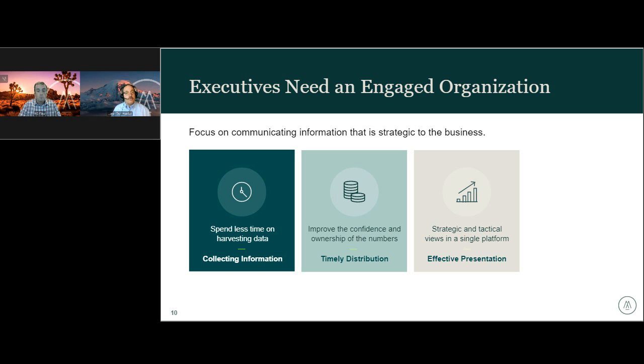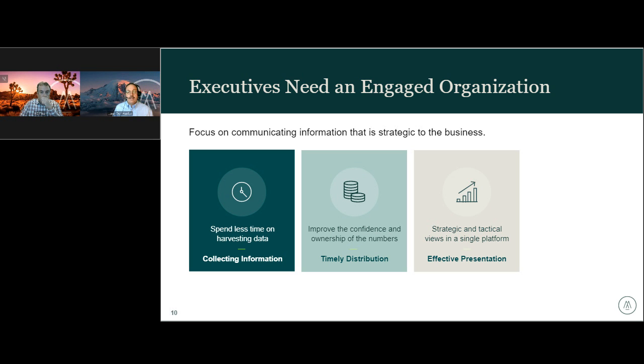So, again, it starts with collecting the information in the first place. And many times that's the easiest place to automate: put in the effort to get the data and make it truly accessible to people so they can easily get to that. It's amazing how much time that saves and what a barrier to engagement that can be. And then distribution is kind of next.